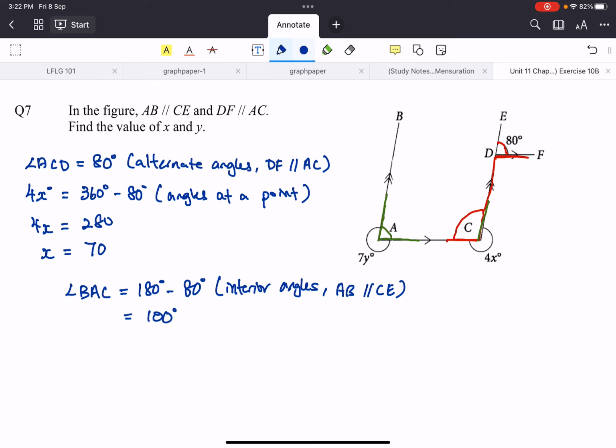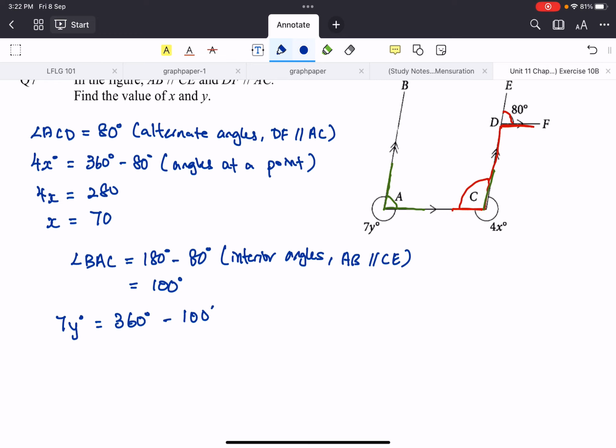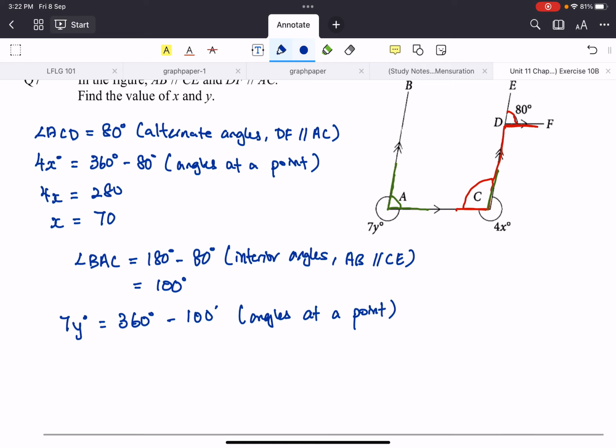Okay, so again, what we can do is we can find the angle, now 7y, right? So 7y degrees is 360 degrees minus 100 degrees. Yeah, I got it right. 100 degrees. Okay, and the reason, angles at a point. So 7y is equals to 260. So y is going to be equals to